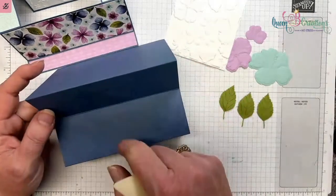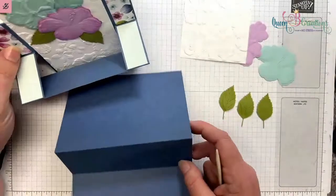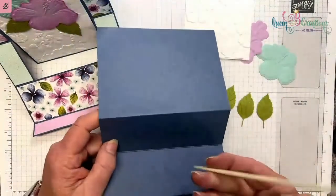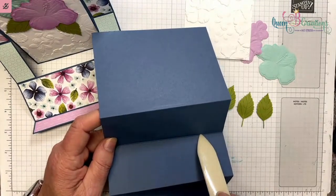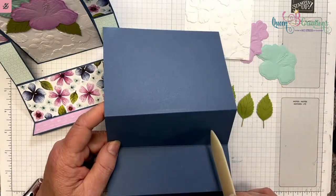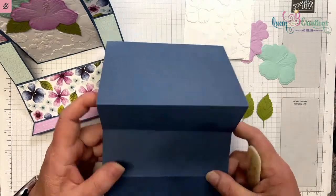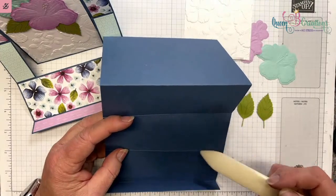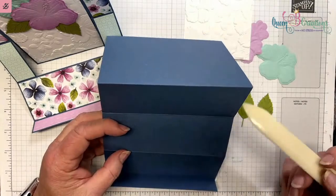But I wanted the center part to have this, you know, opening and extend up. And so for that, what I need to do is take and cut from here to here and here to here and then across the middle. Okay, so I'm going to come in 1 inch from each side and then cut from this one here to this one here. So from, I guess counting from the bottom, from the second score line to the third. I guess it'd be both directions, it's second to third. So this middle one right here,